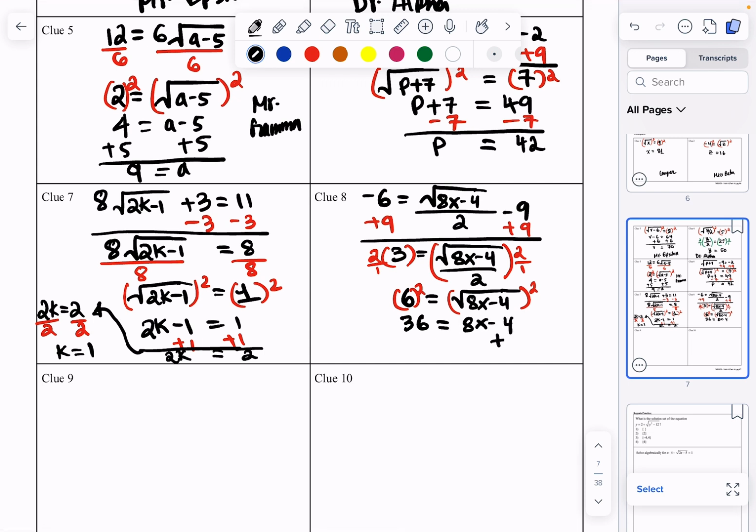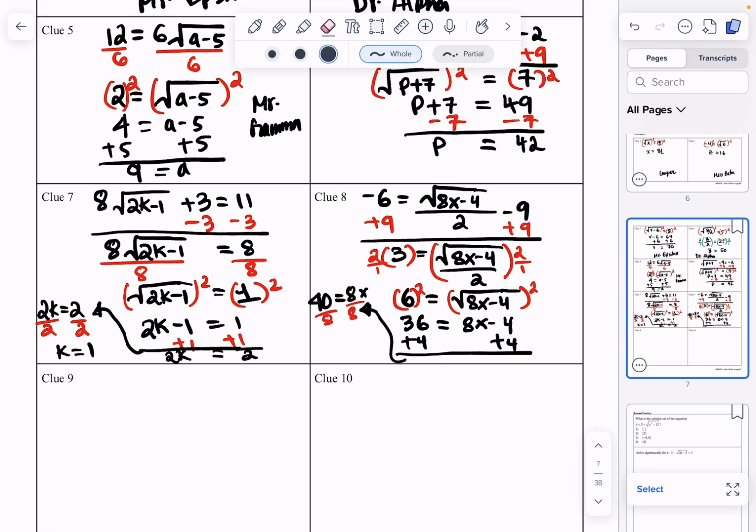Add 4 on both sides. We have 40 is equal to 8x. Then we divide by 8 on both sides. Then we are left over with x is equal to